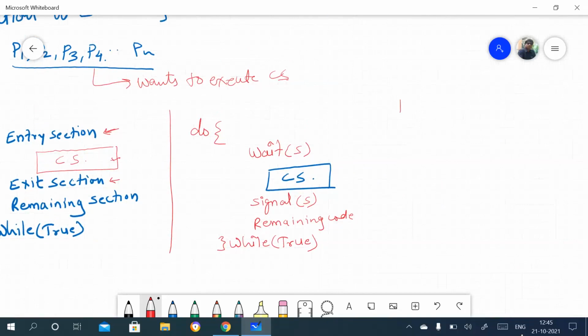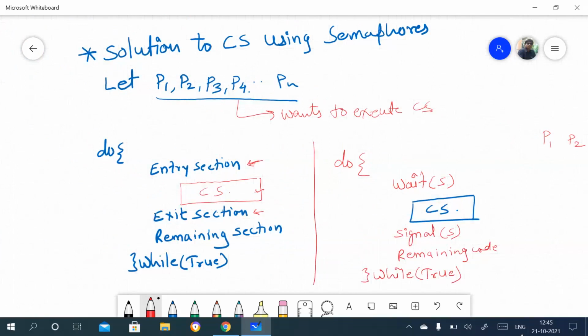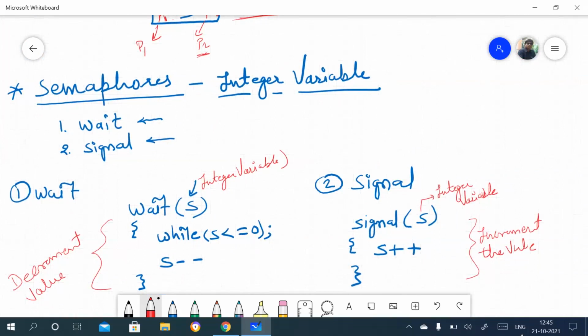Suppose processes P1, P2 and P3, these three processes want to execute this critical section code. And see, one thing here is the semaphore initial value. I think I have written or not, not written.